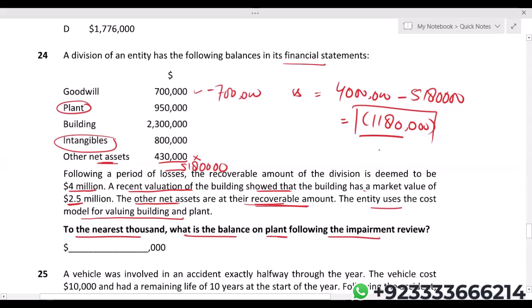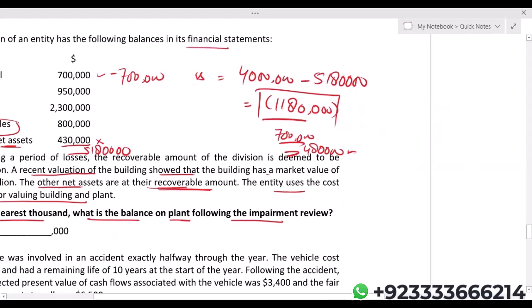So how much is left? 7 lakh is allocated to the goodwill. So still we are left with 4 lakh 80,000. Basically, the remaining loss of 4 lakh 80,000 will be allocated to plant and intangibles on the basis of their carrying amount. Look at this. Remaining loss is 4 lakh 80,